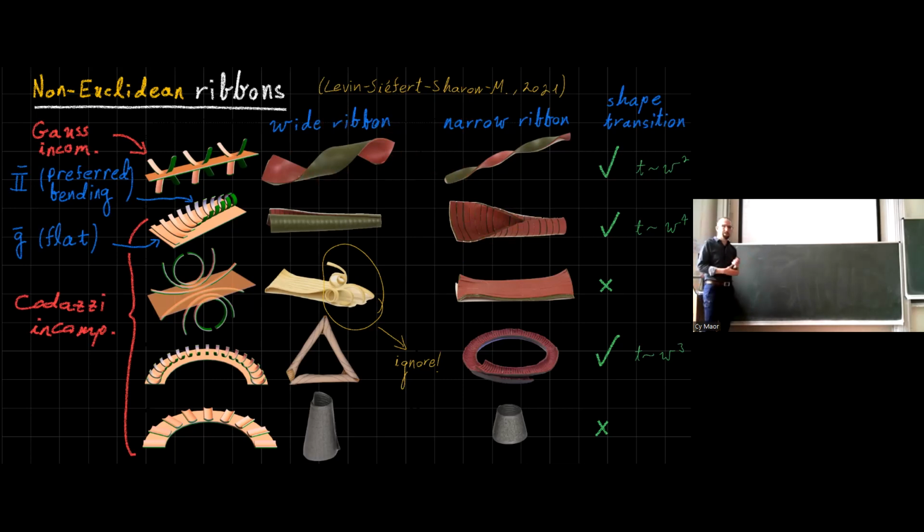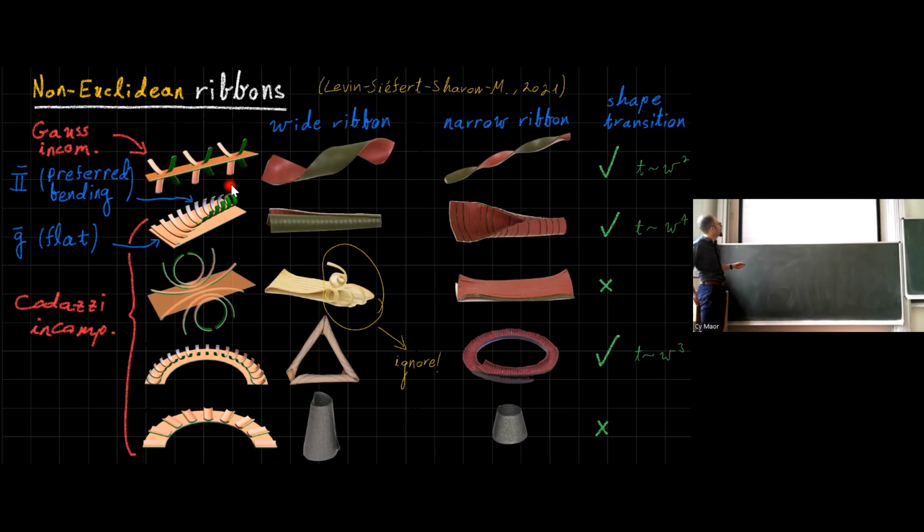And what do you see here? On the leftmost column, this depicts what the first and second fundamental form, the G bar and the second fundamental form bar, want to be. So in all these examples, G bar is flat. You can see it as the flat surface over this. And the curved thing is how the normal wants to behave. Okay? So the first example is what we've just seen.